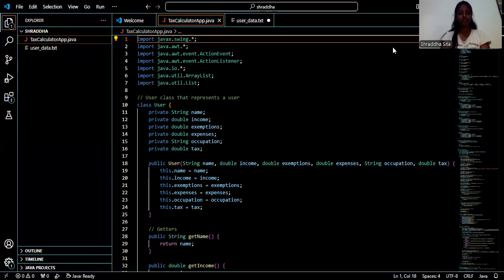Respected ma'am, myself Shraddha of CSE F section. I've got the topic tax calculator app. So me and my teammate developed this app